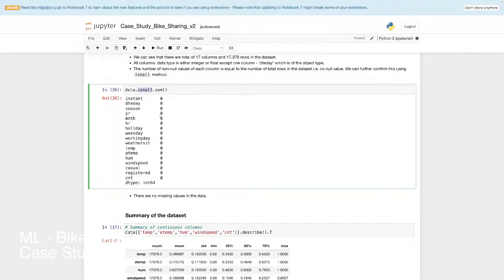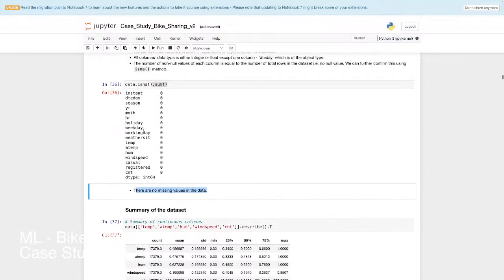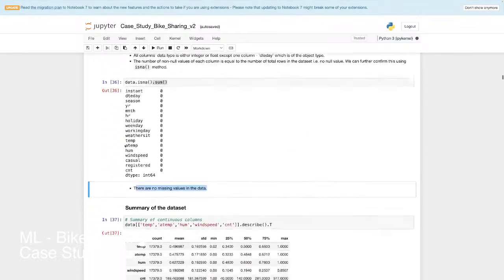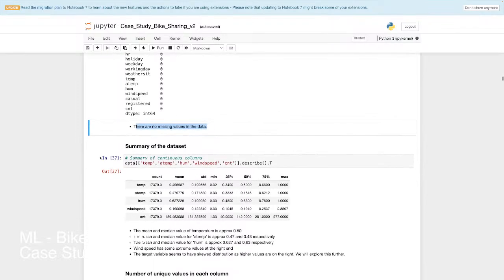Okay, so basically it checks the data set if there are any missing values, and then it sums it and presents them. But there are none. So there are no missing values in the data. That's just what that is. It's like you have to prepare the data before you even get to start showing what's in it. So you want to clean it up and do a bunch of